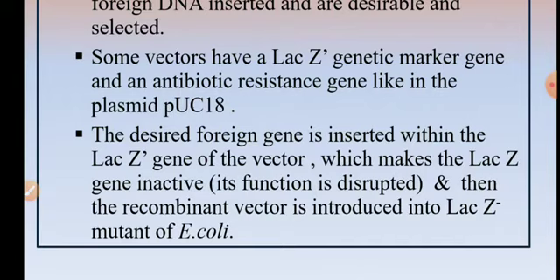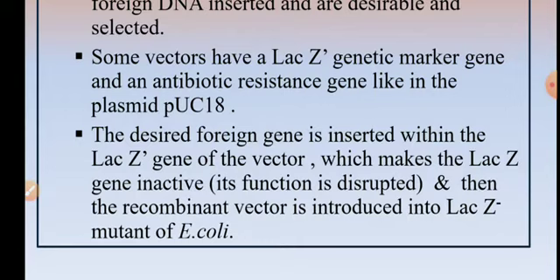Now your foreign gene here is inserted inside the lacZ gene. When it is inserted inside the lacZ gene, the gene is disrupted and hence beta-galactosidase enzyme will not be produced. Now here for cloning we select E. coli cells which are mutant, which are deficient in beta-galactosidase. So the cells which contain the recombinant DNA will not produce beta-galactosidase enzyme, and the cells which contain non-recombinant, like normal vector without insert, will produce beta-galactosidase enzyme. So this is how we select.